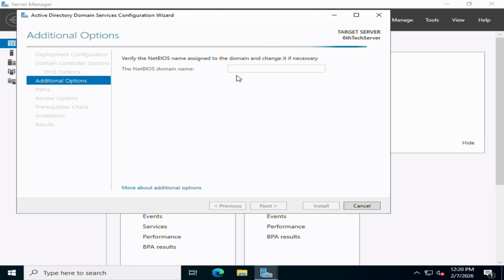Make sure that the domain name here is the same. It should just be